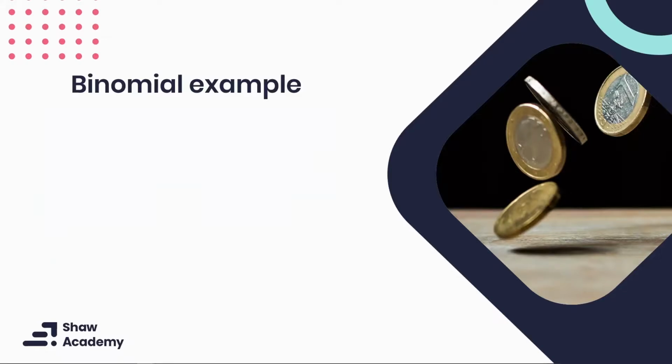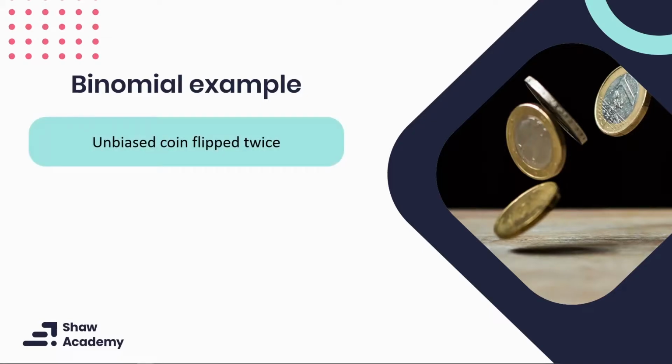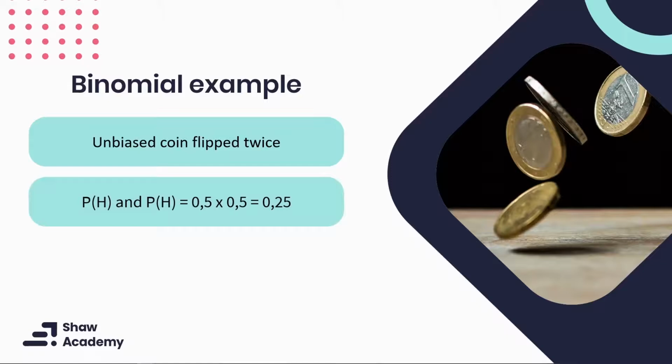If we once again take the experiment of a fair coin flip, but instead of flipping the coin once, we now flip the coin twice. We know that the coin can land on either heads or tails. As we noted with a single coin flip, the chance of success for each trial is 0,5, and the chance of failure is 0,5. The chance of the coin landing on heads for both of these trials is 0,5 times 0,5, which is equal to 0,25.